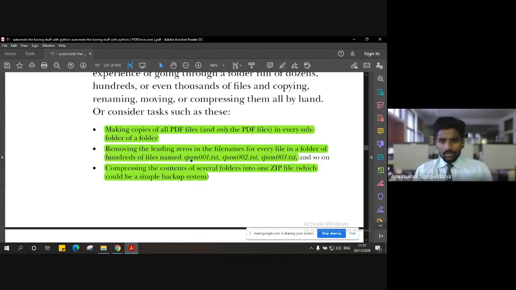So the different tasks that we are going to see in this chapter start with making copies of, let's say we have multiple PDF files. We are going to look at a few programs which will be helpful for copying only the PDF files in a subfolder of a folder, right?